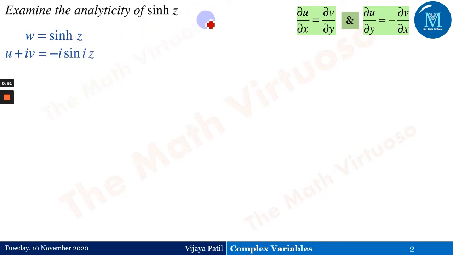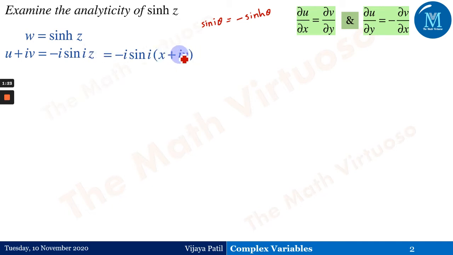We already know the conversion, or you can say the relationship, between the hyperbolic functions and the trigonometric functions. So this can be written as sine i theta is the same as minus i sine hyperbolic theta. This is what we have written here, wherein the value of theta is nothing but z. So this is minus i sine iz. z we are aware of, z is a complex number, so that can be replaced as x plus iy.